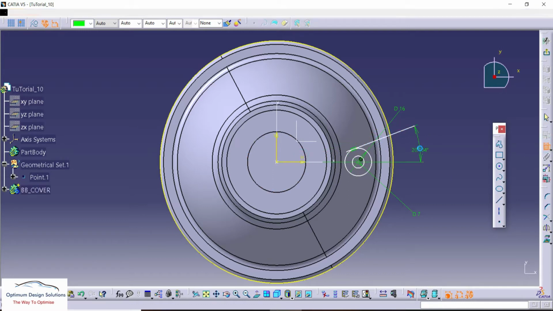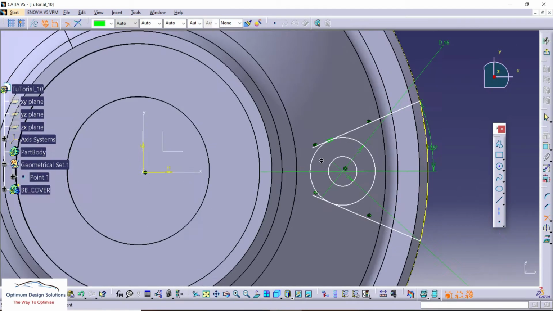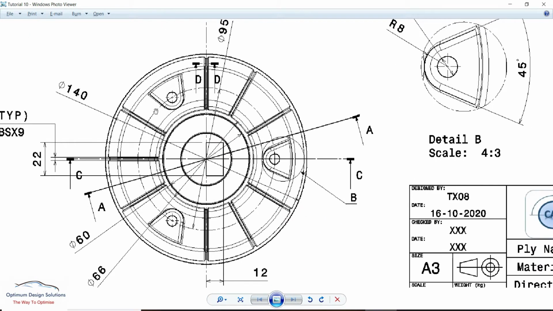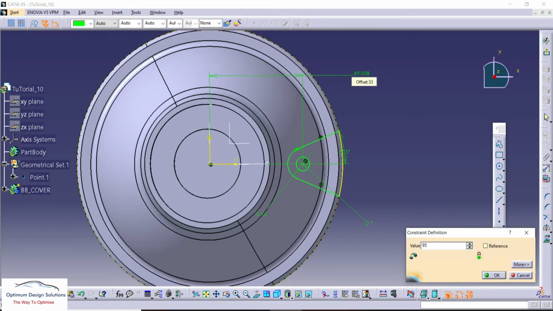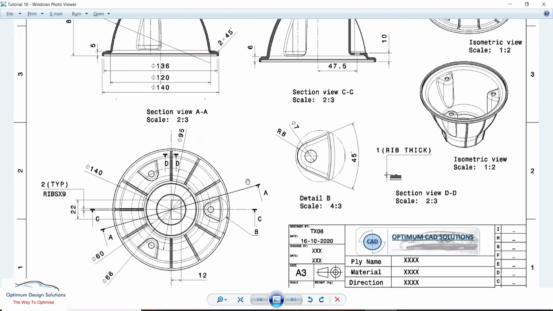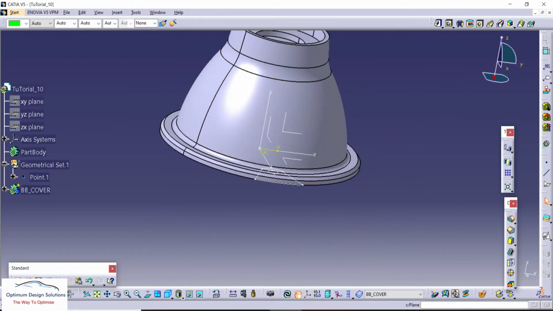First of all, we'll give the angle 22.5, and this line gets mirrored from horizontal. So let's close the design. Now the center dimension is remaining. This center axis is given at a diameter of 95. So this center point is at 95 divided by 2, radially 47.5. Here this pocket gets completed, and it is 10 mm away from the base.